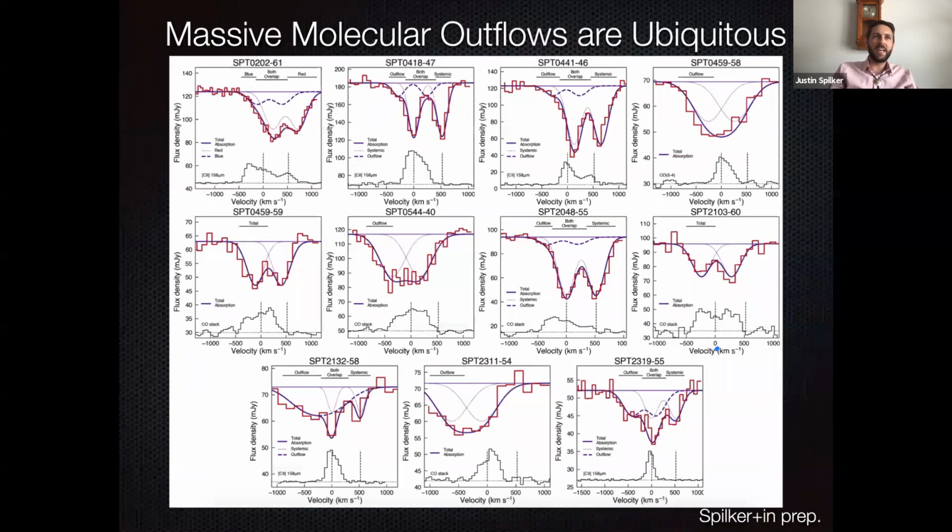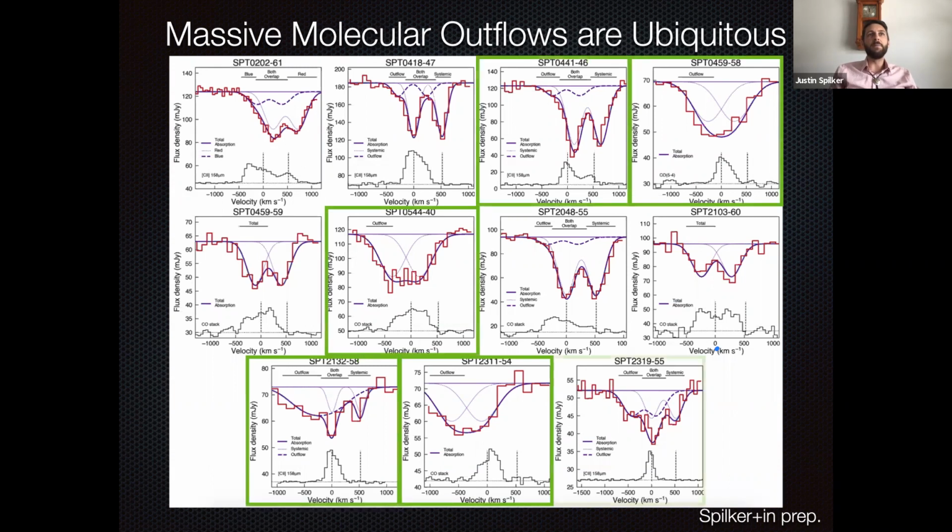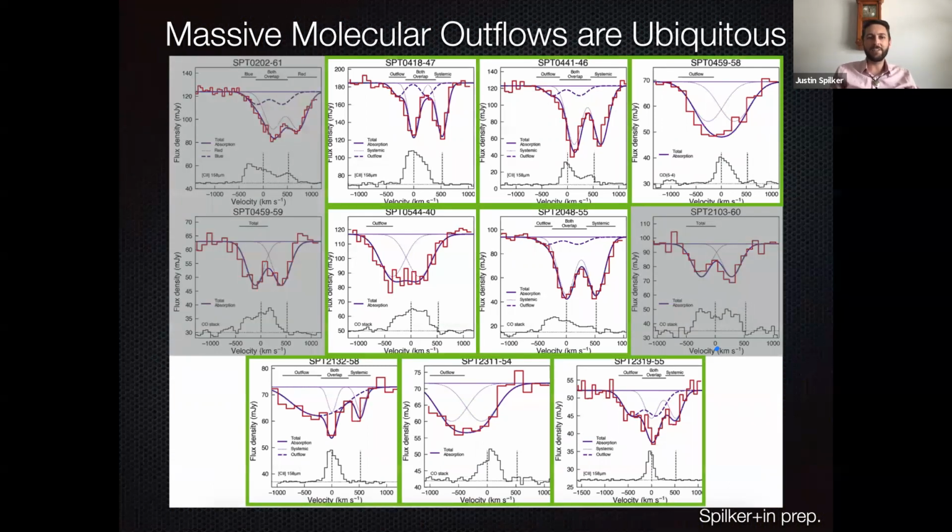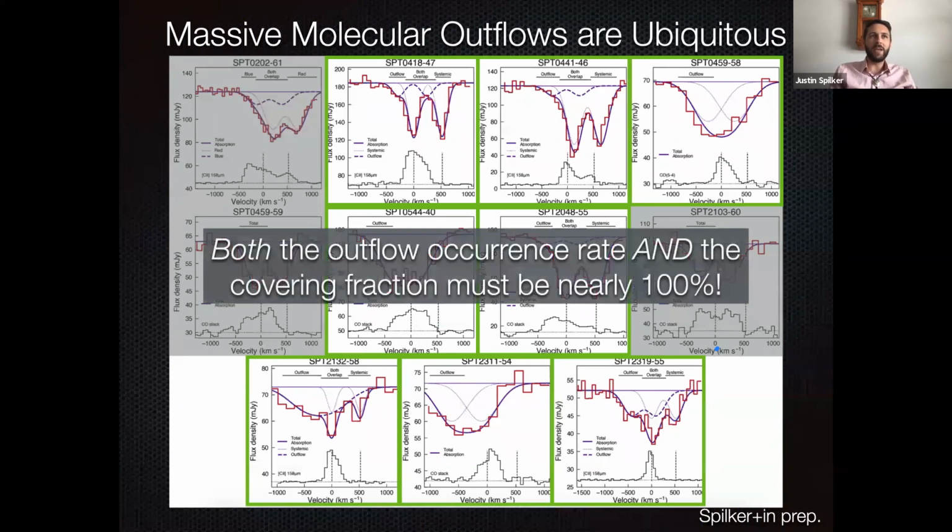And so one of the first results that came out of this survey is that molecular outflows are really ubiquitous in this sample. So every source here that's surrounded with a green box, I am confident enough to say it is unambiguously an outflow. And these 3 objects that are in gray, we do detect OH in absorption, but it's a little complicated and I'm not 100% convinced that what we're seeing is actually an outflow. And so just this fact alone, that we can detect all of these outflows in absorption, tells you that A, outflows have to occur in essentially every single source, and B, they have to cover a big enough fraction of the source that we can detect them in absorption nearly all the time.